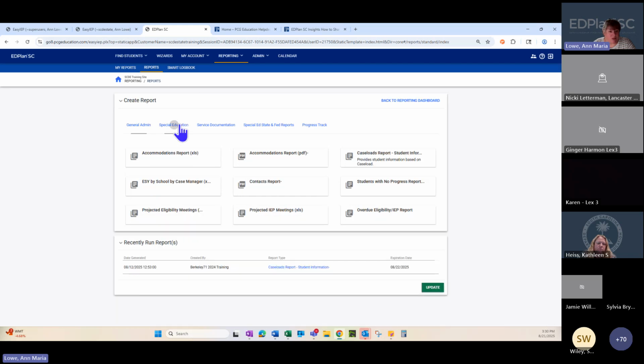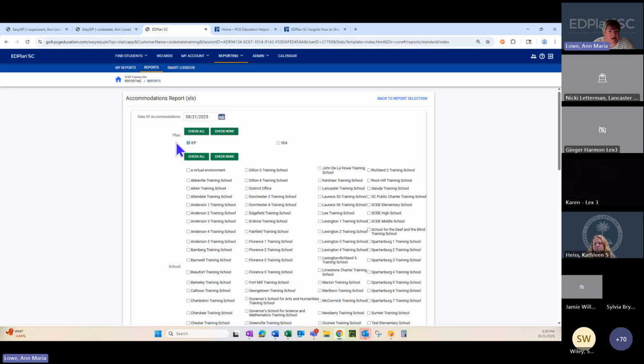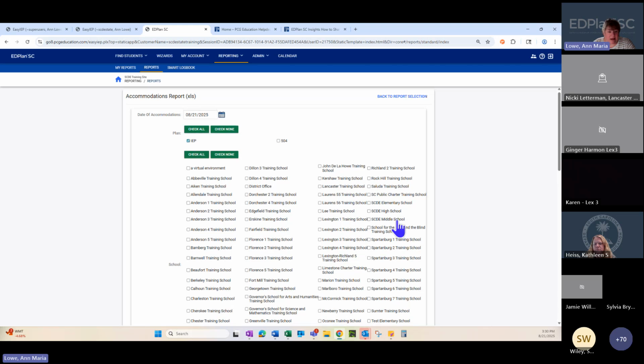To run one of these reports, if any of you are new, you click on the report. I'm choosing accommodations report. I'm choosing accommodations as of this date, so these are accommodations that are valid on this date. I check IEP.